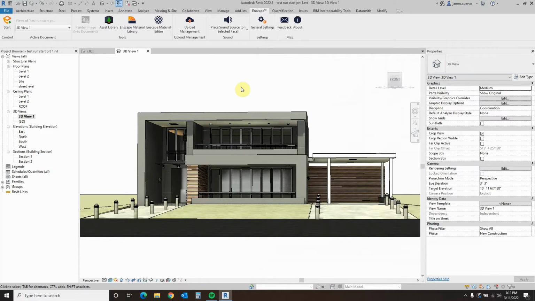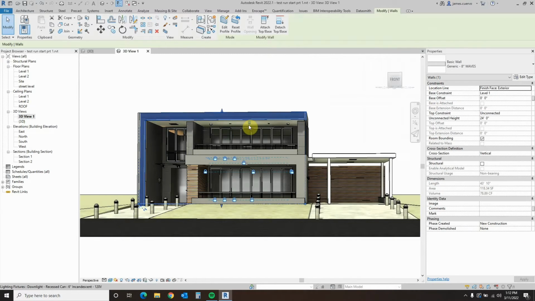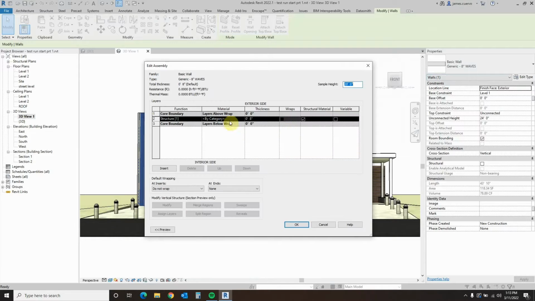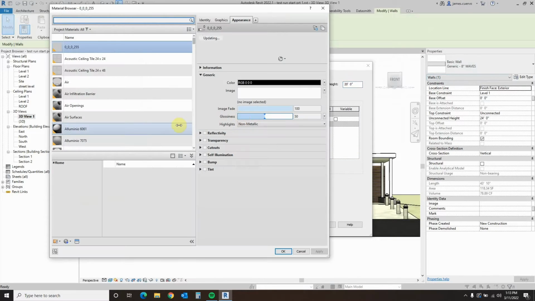In this case, we've already defined some walls that will be taking these materials on, such as if we select this item here, this particular wall, okay, what we do is then go ahead into the edit types. We have the waves that will take the wave material, okay, and then we'll go here to structure. And the material item, we'll just change it like we would normally. So we'll go ahead and say waves